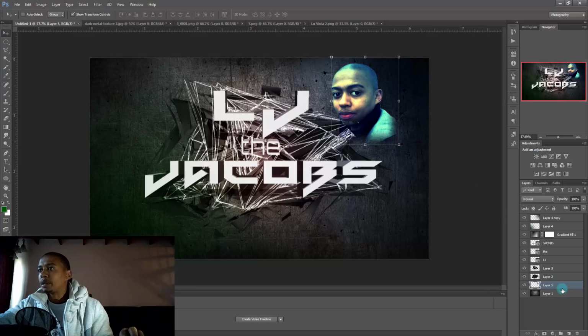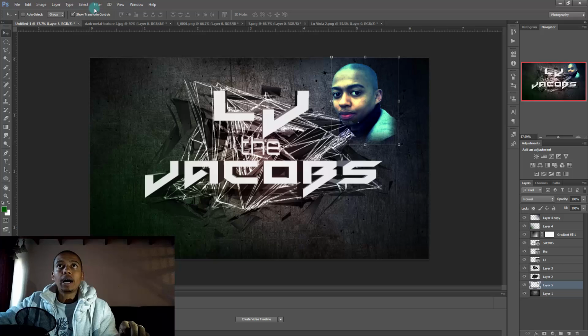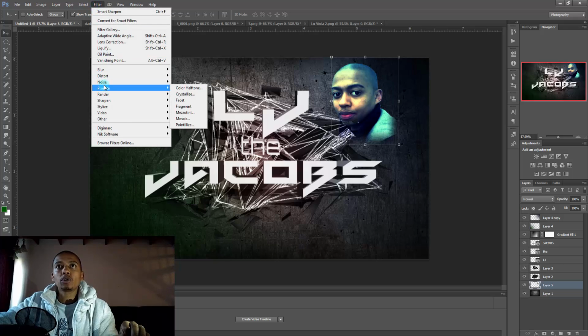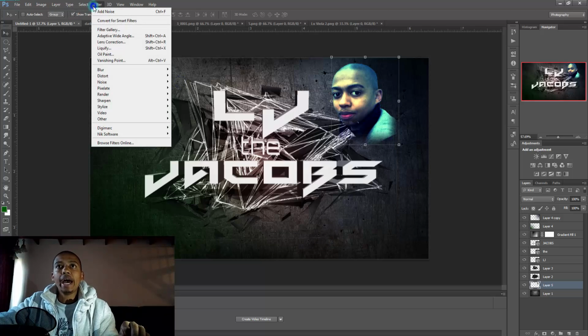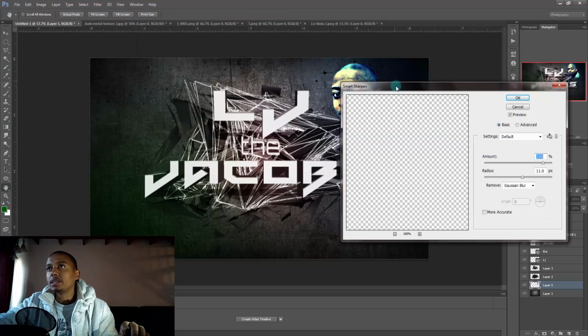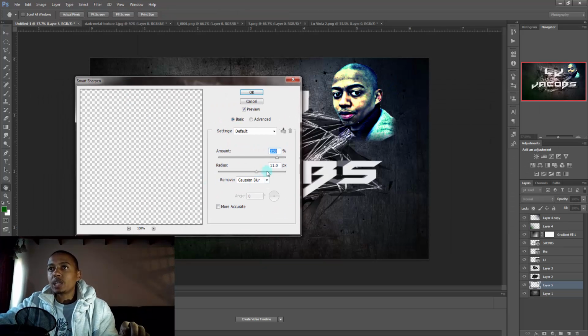So now what's going to happen, I'm going to deal with the picture. I'm going to go to filter. From filter, I go to noise. I go add noise. Remember, keep it at 0.1 and add noise. Then from there, I'm going to add the sharpen on smart sharpen, just like that. And then on sharpen, obviously I gotta bring it back a little bit. There we go, a little bit. There we go. Come back,